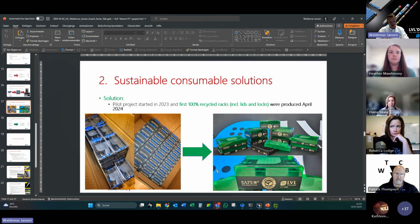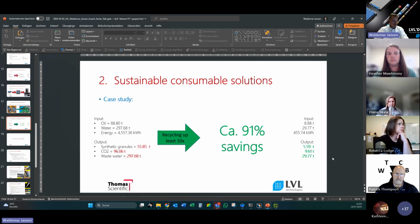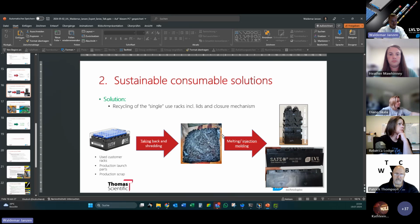And this scrap, since we started it, we are collecting as well. And then we have the ability to shred it within the production. It is a separate, controlled, quality-related room. There it's getting shredded and is produced in the same way as shown here. So even if, especially for America or other, for example, Asian countries, it would not make sense to take it back,